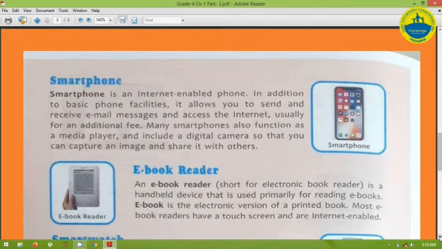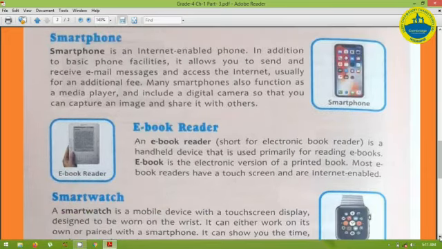Next is ebook reader. This is basically used for reading books. The use of this device is that it contains different books in the form of PDF. It is very difficult for us to carry 50 books with us from one place to another. So what we can do is carry one device that is called an ebook reader. In that we can store various books in the form of soft copy, and we can read them easily anywhere by using the ebook reader.